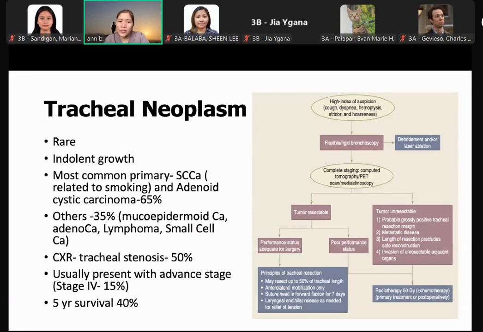The next one is adenoid cystic carcinoma, in 65% of cases. Other types of cancer are mucoepidermoid cancer, adenocarcinoma, lymphoma, and small cell carcinoma. Again, on chest X-ray, you can see tracheal stenosis in 50% of cases. Patients usually present at an advanced stage, mostly here in the Philippines, because screening is very poor in our locality. So we rarely catch the early stage. Usually it is stage 4 already, and most of the time it is a metastatic one. The 5-year survival is 40%